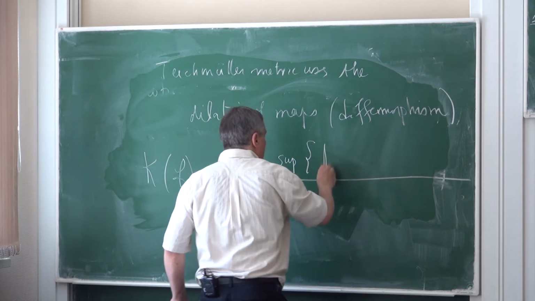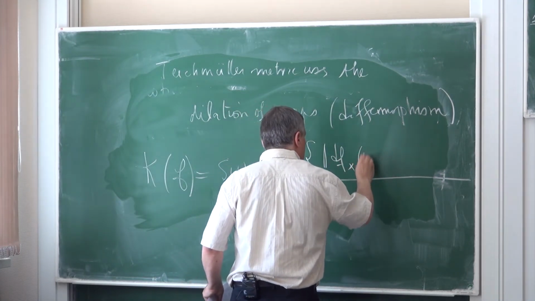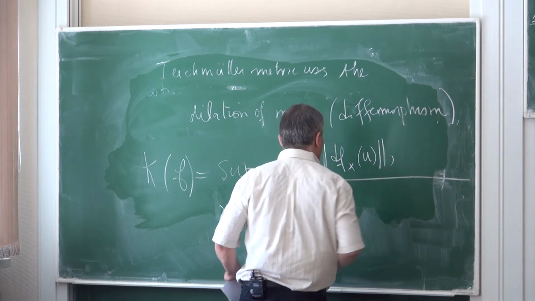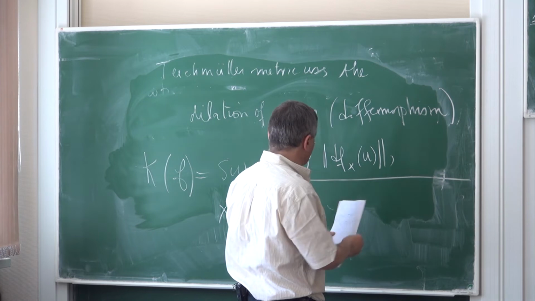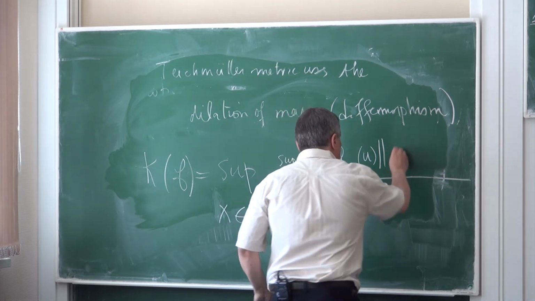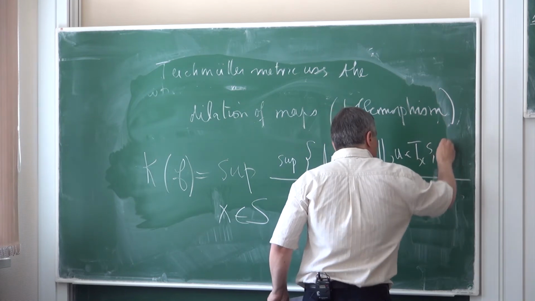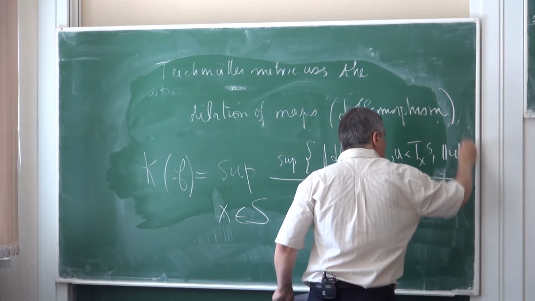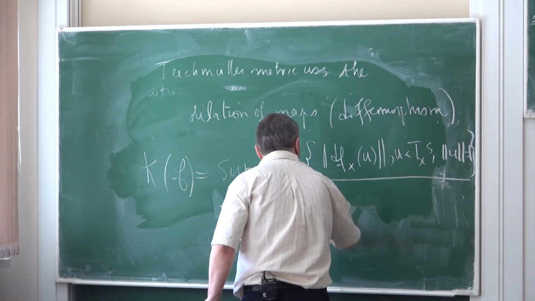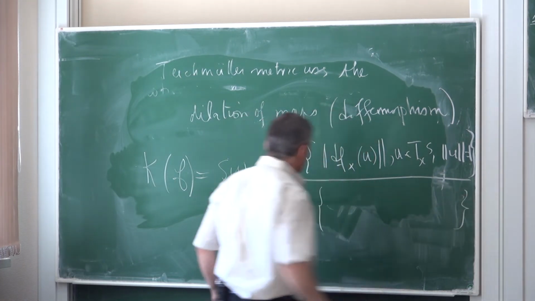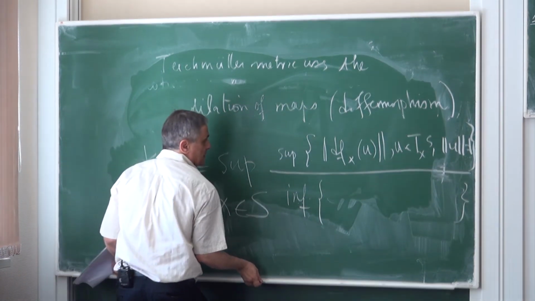The supremum of the dfx of u, this is the derivative of the diffeomorphism, over u in the tangent space with norm of u equal to 1. And here I take the infimum of the same thing. And here I'm taking